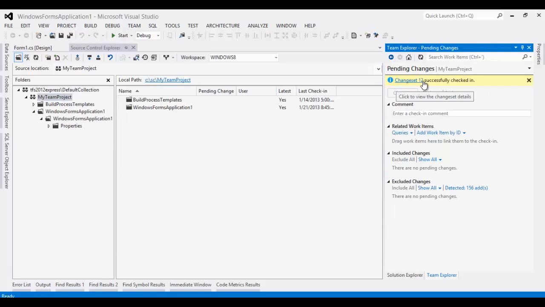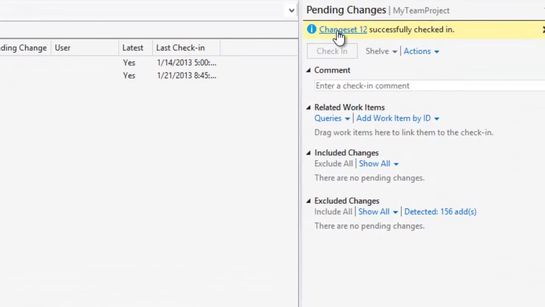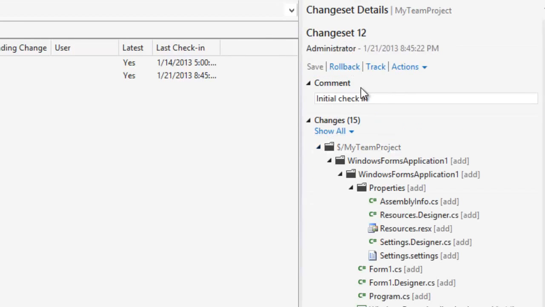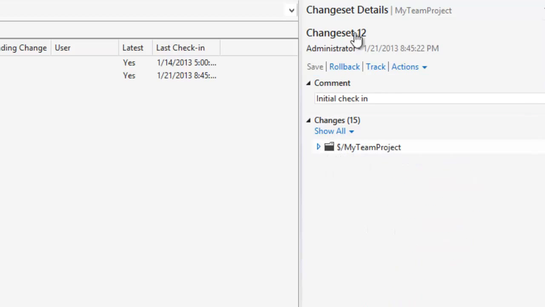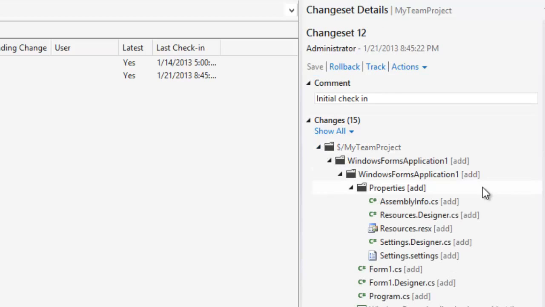Now notice that Visual Studio is giving me a change set number and tells me that the check-in operation has been successfully completed. A change set number is equivalent to a transaction number, the operation we just did. So if later on we want to go back and see what we did in that change set, we can look it up. And if I click on that link, it basically says that in that change set we added,